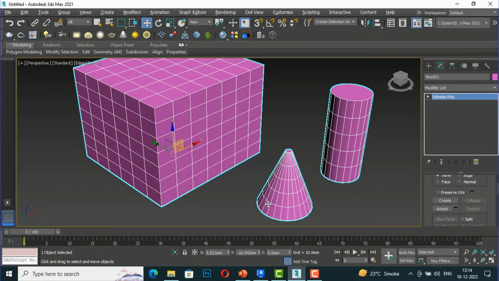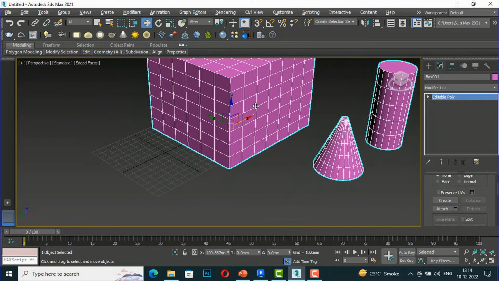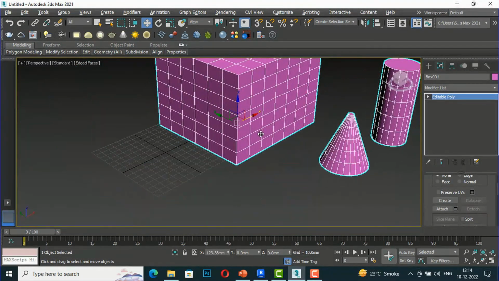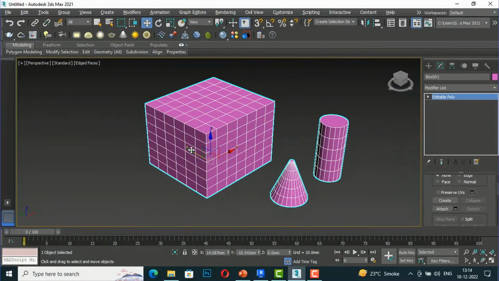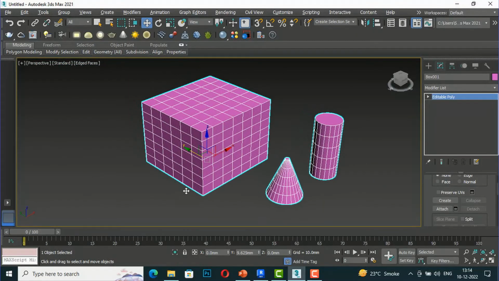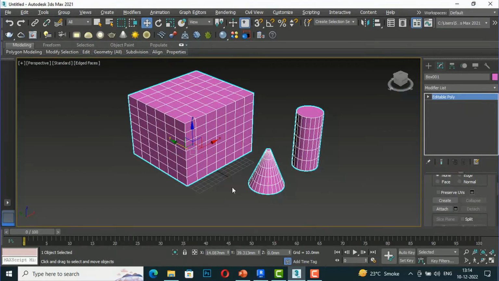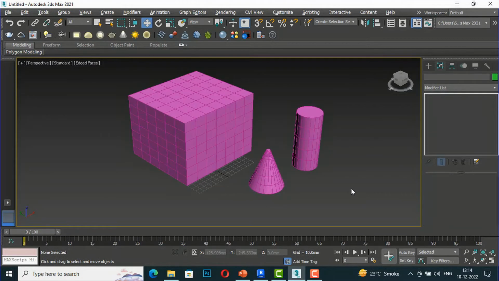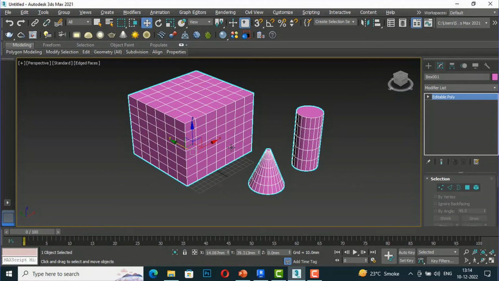And now you can see the color is changed and it is attached to this geometry here. And if you move, it will move together, you can see here. And if I'm taking back, it is going in any direction because all the three are attached now. And if I'm coming back here, and I'm going to